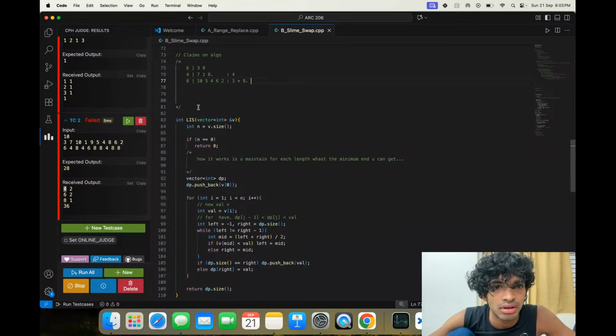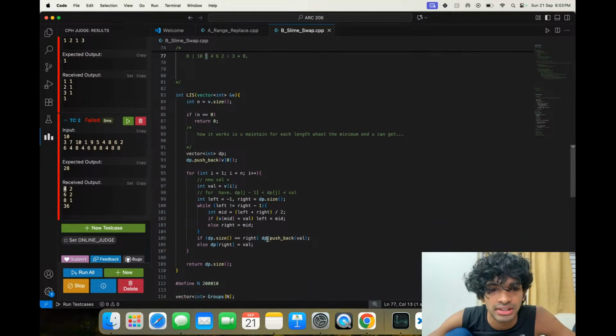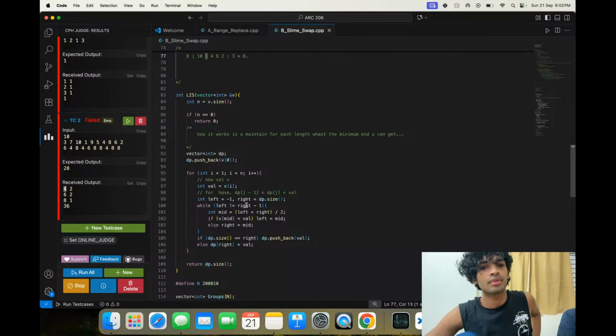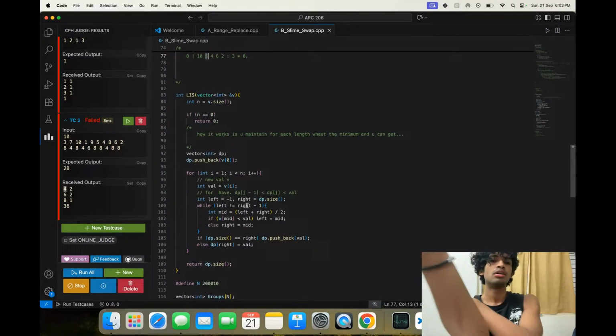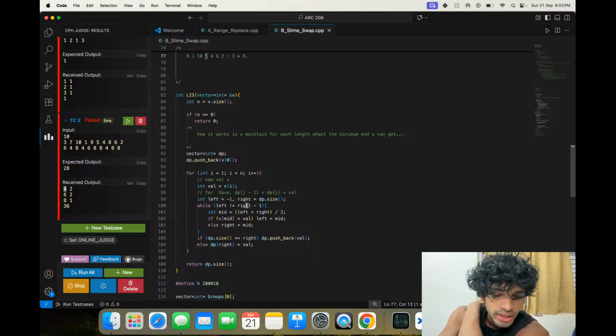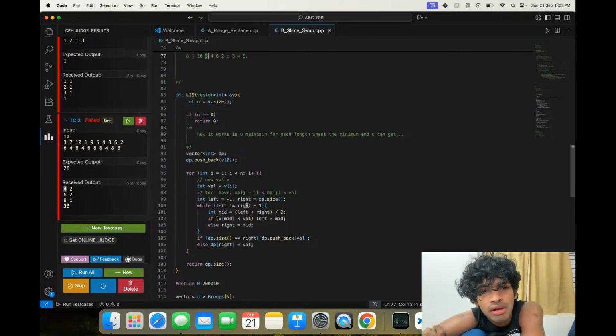So LIS of this is not getting computed properly. Okay, have to be very careful here. Why is that not getting updated clearly? This has some flaw. First thing that is greater than this is what we want, right? First thing that is greater than this. If it is less, this one, and then right will have the first thing that is greater than this.